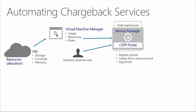They're going to say, hey, I need a virtual machine. And in our automation and self-service piece, we actually walk through a user doing this. And then that's where we apply some quotas. We apply some leases and approvals for this process. I then kick